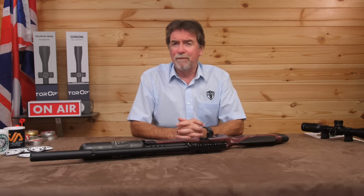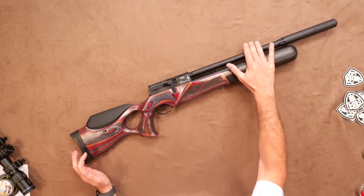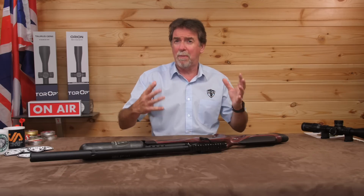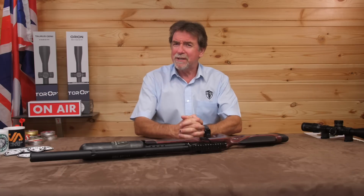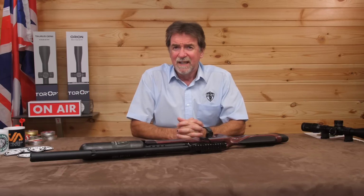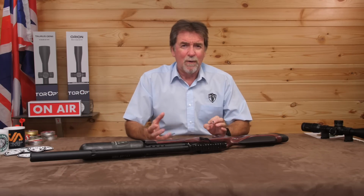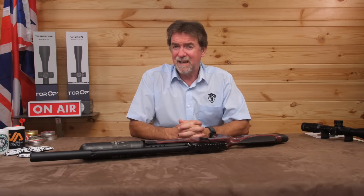The new rifle is 1020mm long, which is just over 40 inches, with a 390mm barrel, which sits in the middle of the old standard and super carbine lengths and marks a new single choice, which I personally think is a very positive move, because most of the time customers were confused as to which length to choose, thinking the longer barrel was going to make the gun so much more accurate, when my experience is it didn't make a huge difference at all,